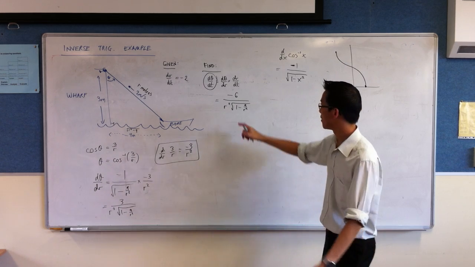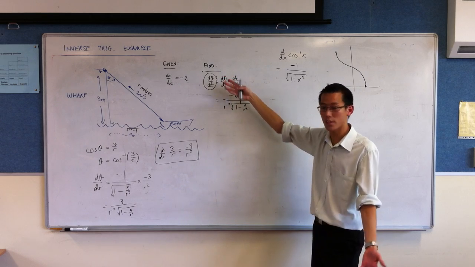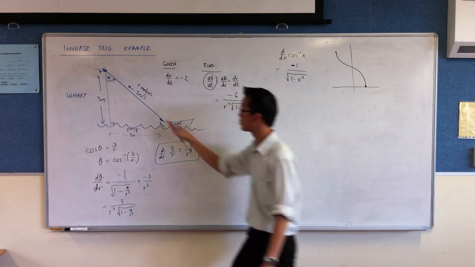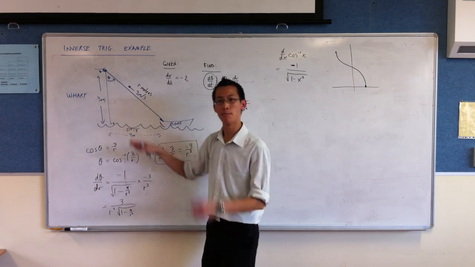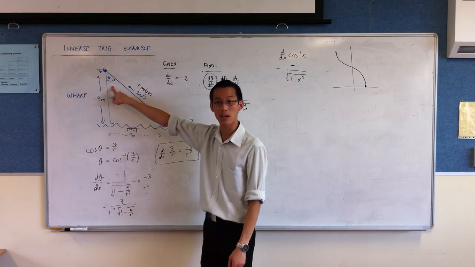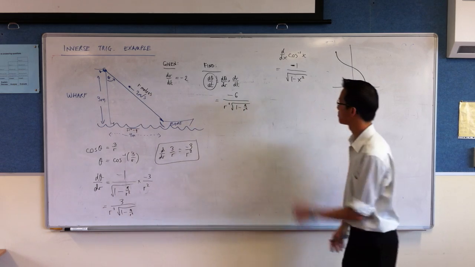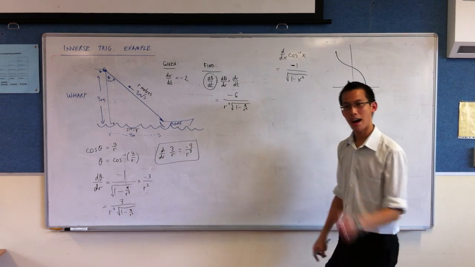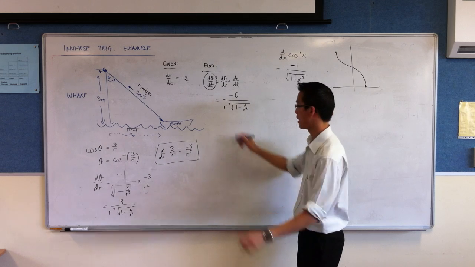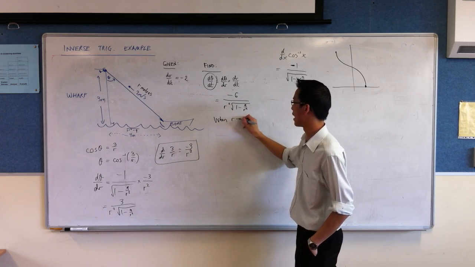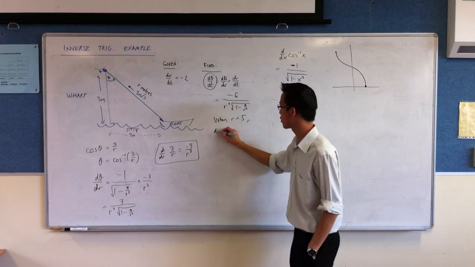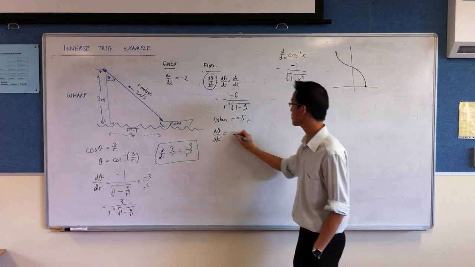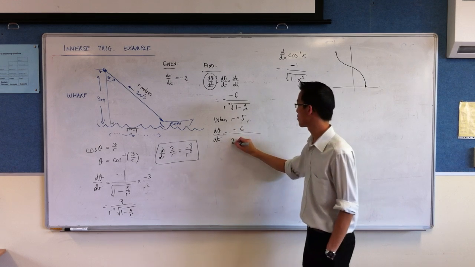This d theta on dt, same derivative, but it's all in terms of r's. It's in terms of a length. You don't do trig ratios on lengths. But before, our derivative was in terms of theta, so that's why we had coses and sines. There's my derivative. I don't want the general one, I want it at a certain point. Namely, as we worked out before, when r is equal to 5. So when r is equal to 5, d theta on dt is minus 6 on